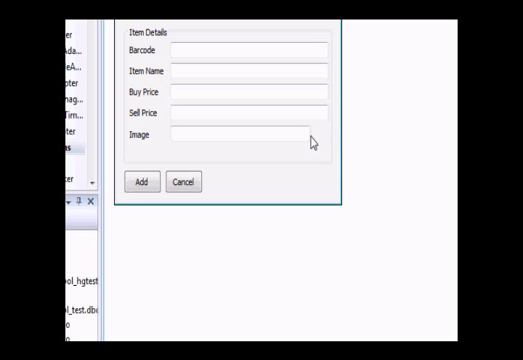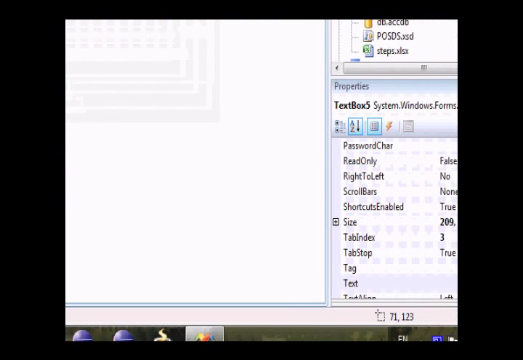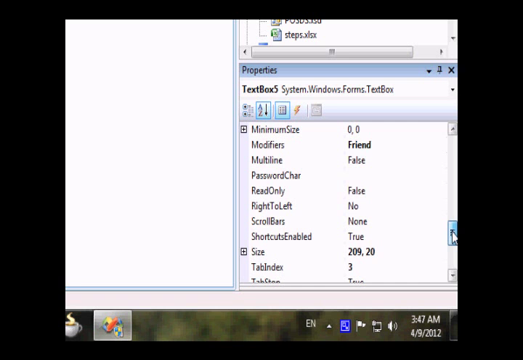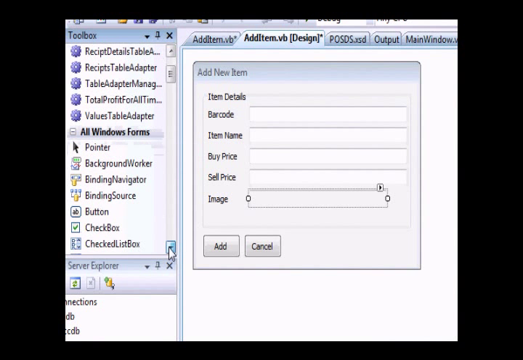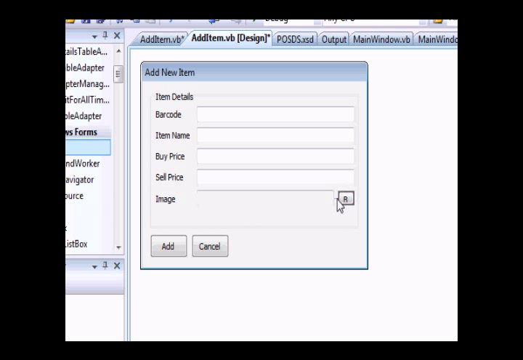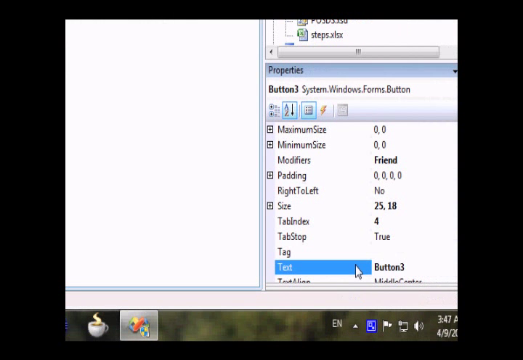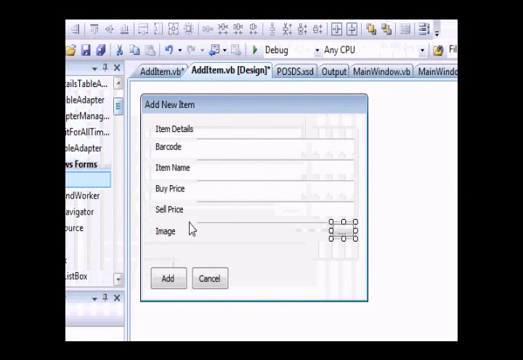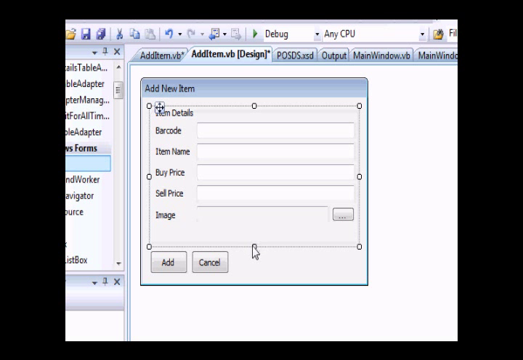Now for this one, this is going to be image. There we go, this is the image. For this, I'm going to make this read only. This is read only, and I will put a browse button here. There we go, and it will have ellipses. Okay, there we go. You put this one, and now what we need to do is